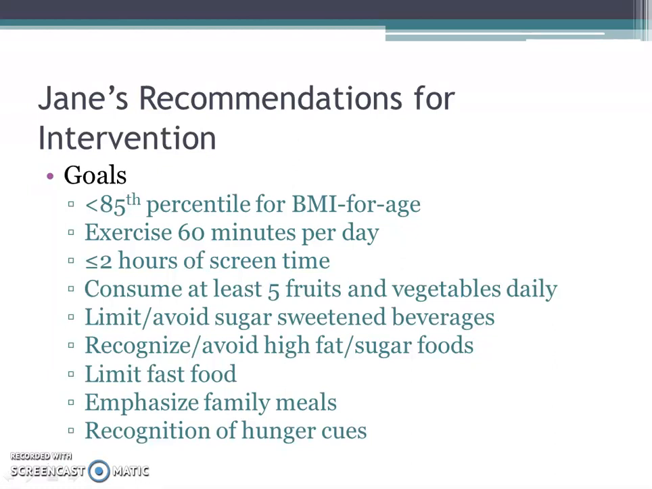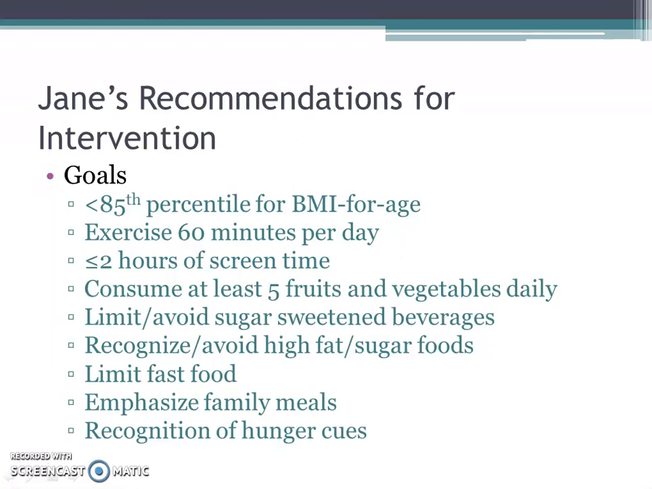Goals that include dropping below the 85th percentile for BMI for age, exercising at least 60 minutes per day, limiting screen time to less than 2 hours, the consumption of at least 5 fruits and vegetables daily, limiting or avoiding sugar-sweetened beverages, as well as recognizing and avoiding high-fat, high-sugar foods. She should try and limit fast food while emphasizing family meals, and she should start learning how to recognize her